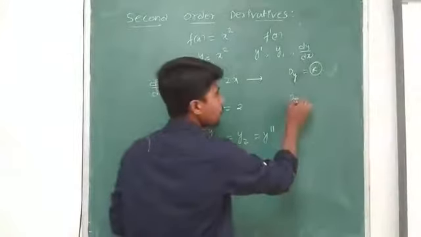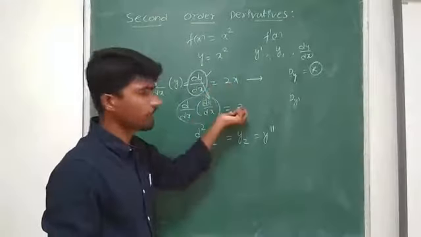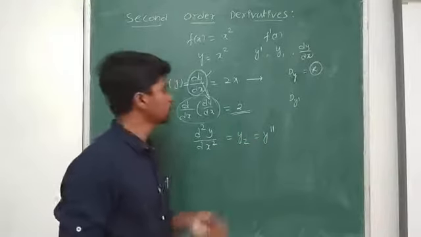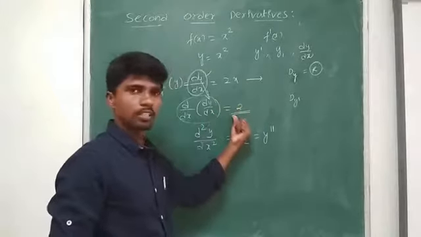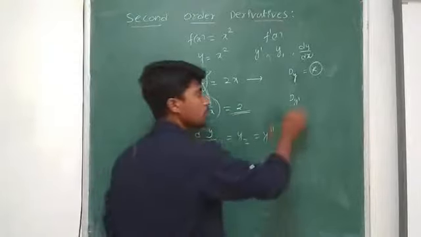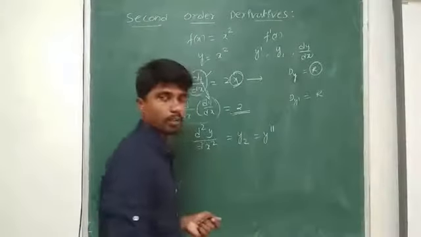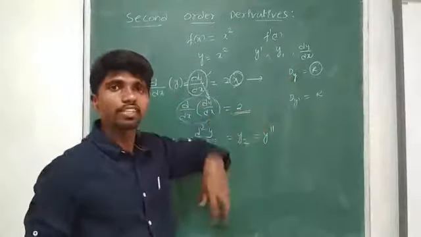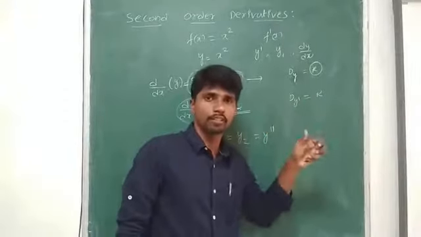Now, what is the domain of y dash? I have 2x, its differentiation is 2. Differentiation we got 2. For all real numbers of x, this exists now, right? So the domain of y dash is also real numbers. So the given function is differentiable twice in its domain R.